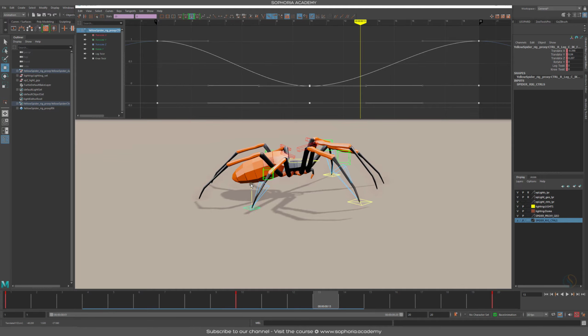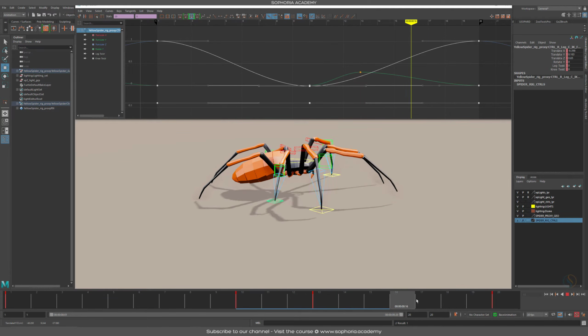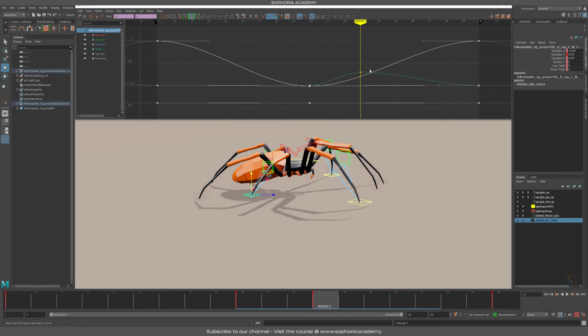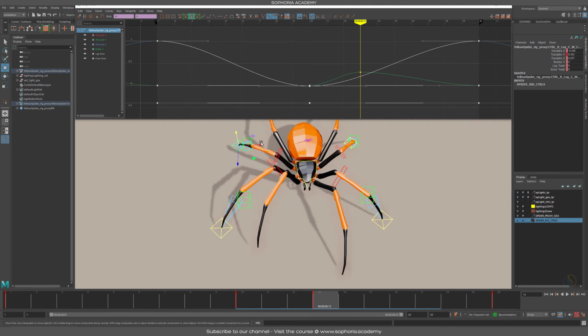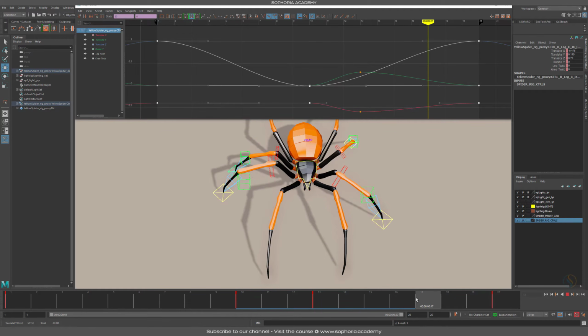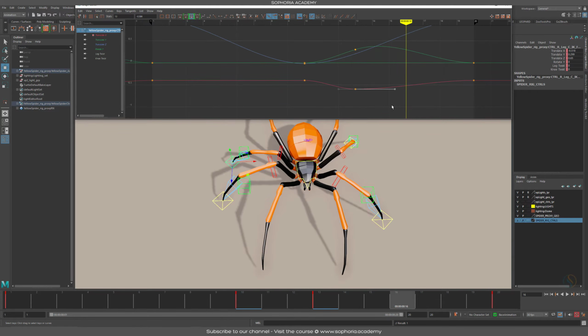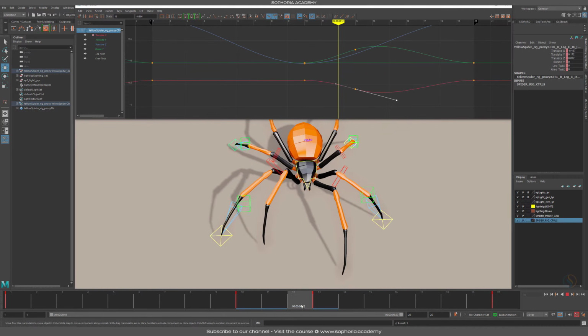And we're going to lift up this leg because it's now moving forward, remember? So it's going forward, and yeah, we need to have it go out also a little bit. So it goes out a little bit there. And then we overshoot the curves, very simple. And by now you're getting used to everything. Just holding shift, dragging it out. Adding a bit of